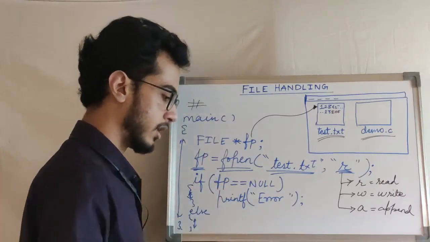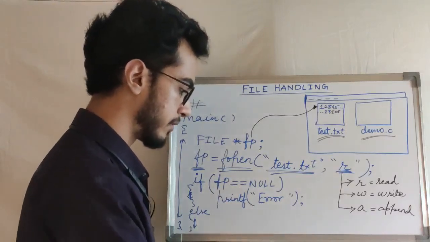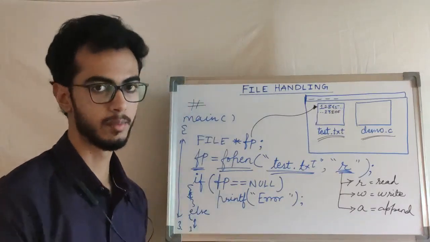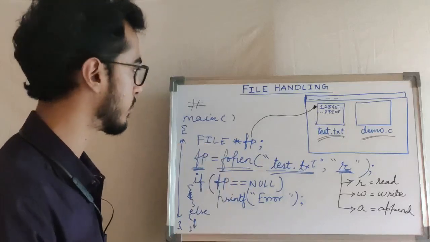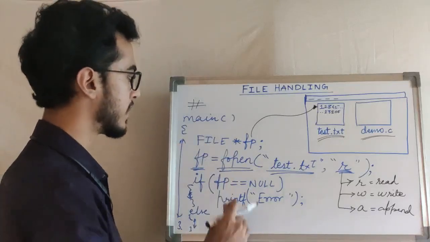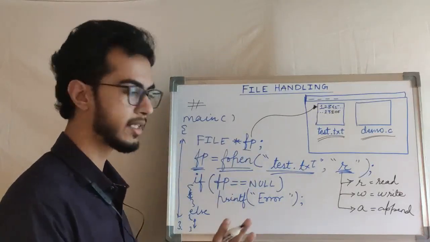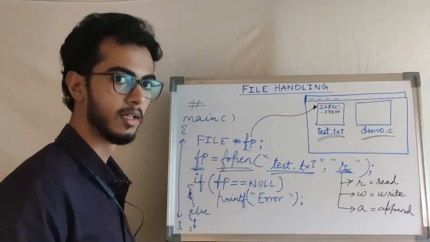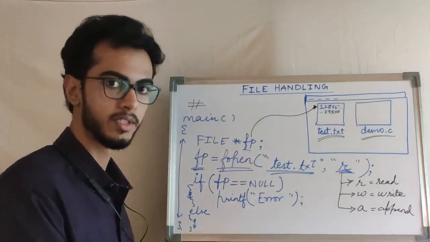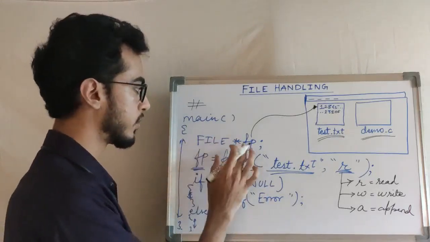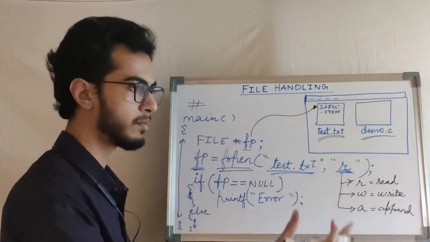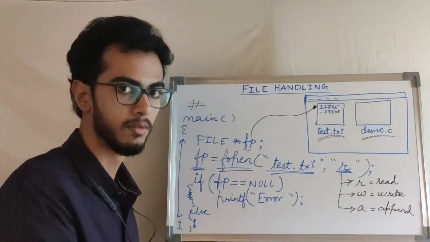So this is something like a template that we will have to follow in each and every program. I will just go through it once again. Inside the main, what I have is a file pointer indicated by the name fp. You can have any other name, but this FILE star is a compulsion to write. With FILE star, you can mention anything, such as fptr or any name that you wish for.